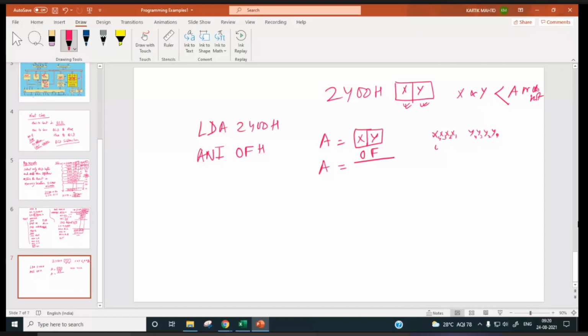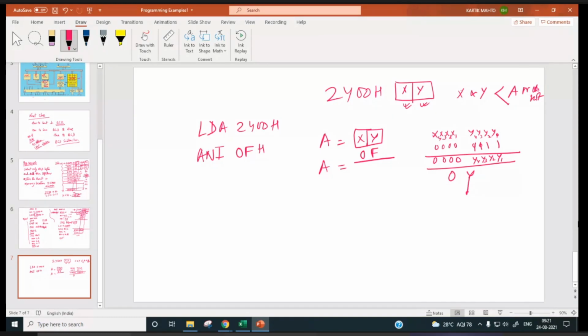Now AND with 0, 0, 0, 0, 1, 1, 1, 1. So what will be the result? It will be 0Y only.